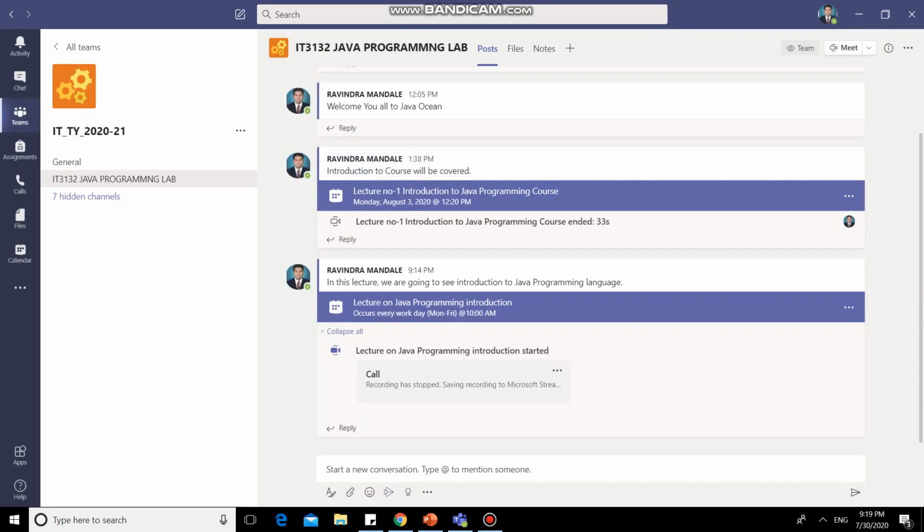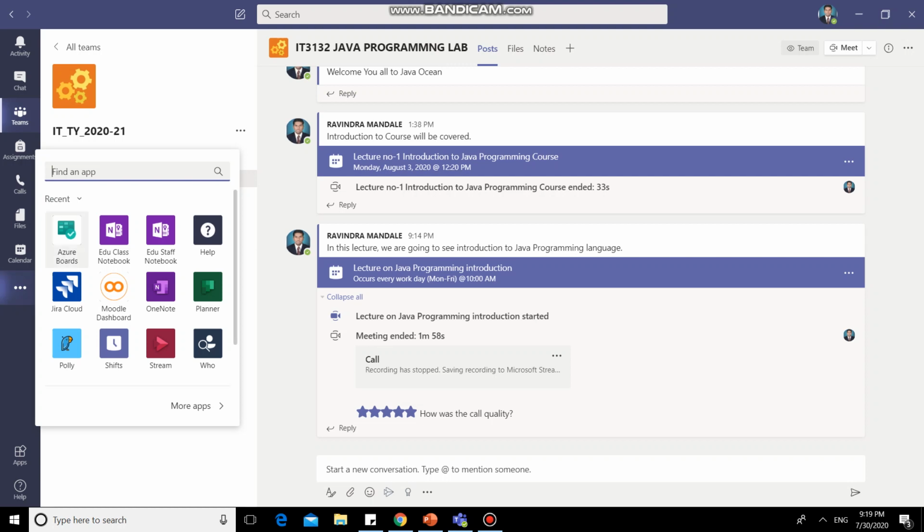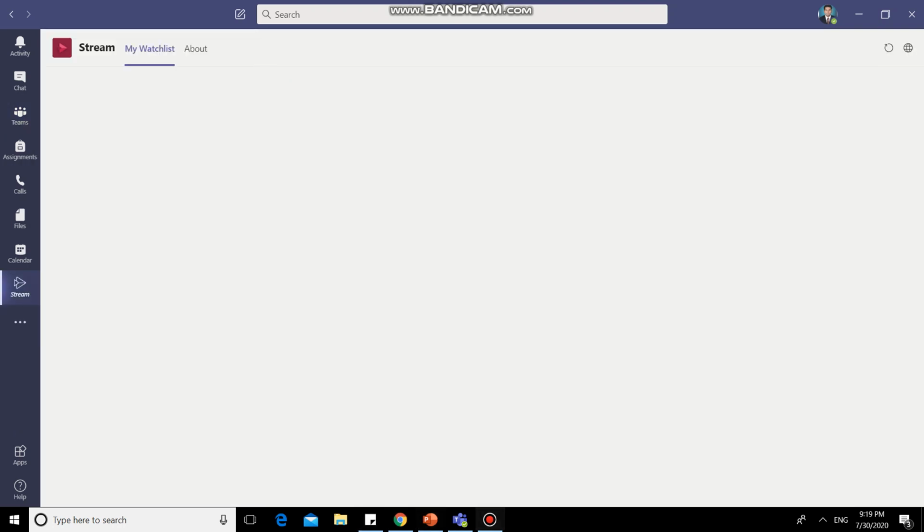So automatically you will be redirected to the post or chat tab, and see your recording has stopped, it is converting, and it will be saved in this particular post. One more option is there: you can also find that recording under the Stream app. Just click on these three dots and Stream.